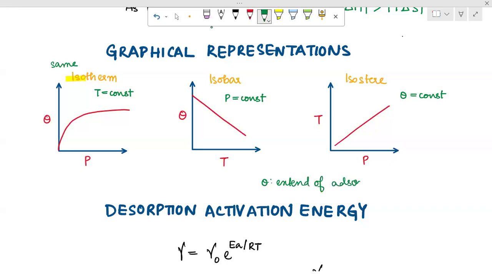That is kept constant. From the isotherm, at a constant temperature, as we increase the pressure, initially the surface coverage increases, then after a value it attains saturation. This is how a normal isotherm looks. In the case of isobar, as we discussed above, as temperature increases, the extent of adsorption decreases because delta G becomes positive. The last one is isostere, meaning same surface coverage. To maintain the same surface coverage, this is the trend that you see with temperature versus pressure.